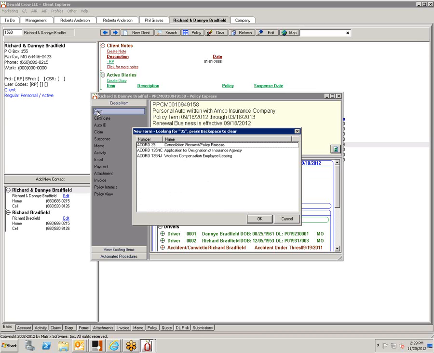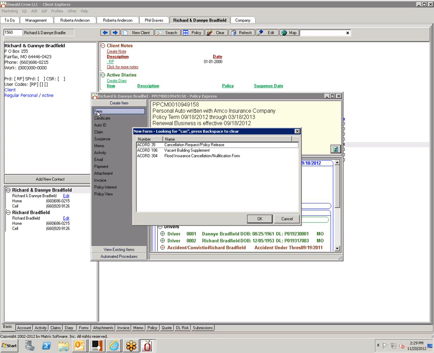This list appears that you would scroll down the list, but we have a way to filter it like most things. If I was looking for a cancellation, there are two ways I can access it. I could type in 35, which is the number, and it brings it up in the list. Let's backspace and start typing cancellation. So it finds it either way. It's a filtering type system.